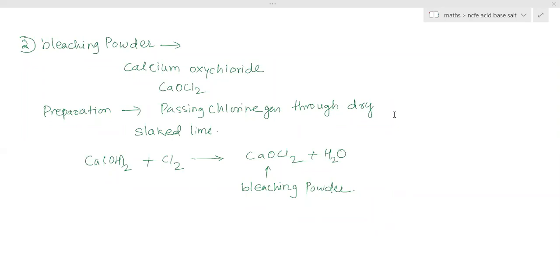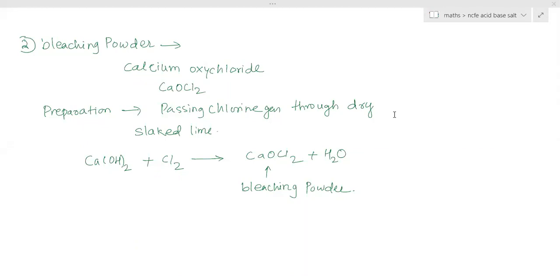Removing the colors, discoloring any substance is called bleaching. So when we bleach clothes, whenever you purchase clothes, a tag is always present, and on that tag it is always written, do not bleach. So what do you mean by bleach here? Bleach is done only for white clothes, to keep them white. If there are yellow stains, those stains can be removed by bleaching. Bleach cannot be used for colored clothes because bleach reacts with colored clothes and discolors them. So it removes the color.